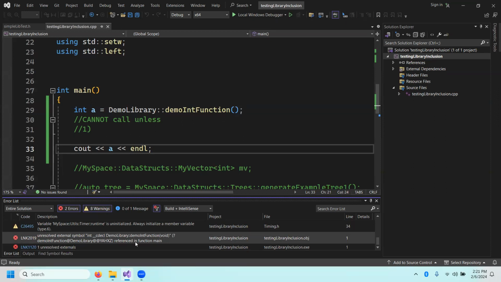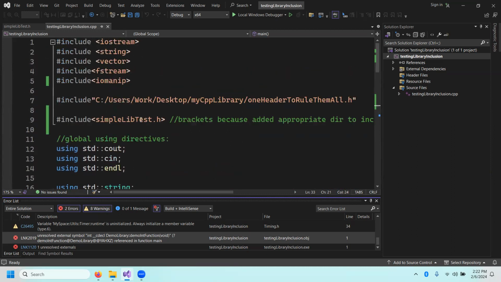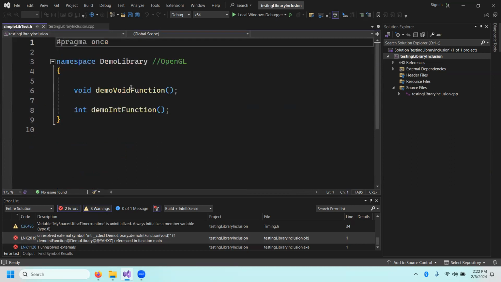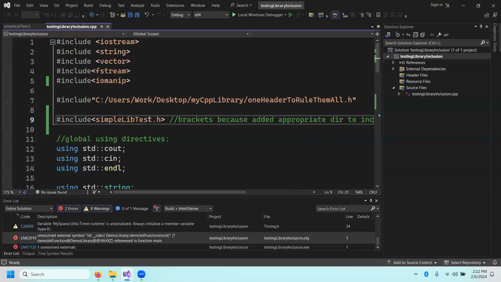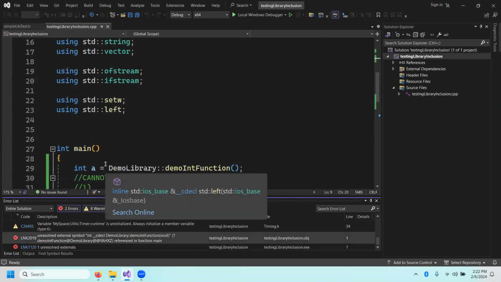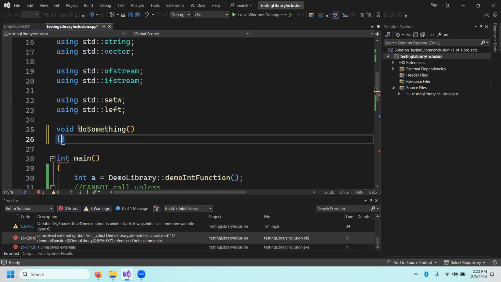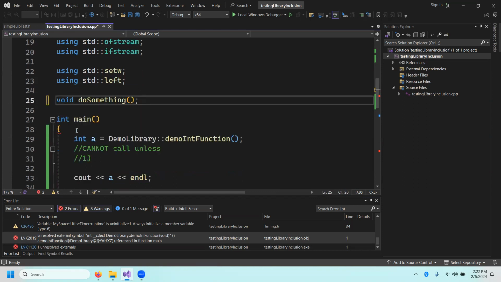Unresolved external symbol. So we see this a lot. This means that the function definition is not found anywhere, because we didn't include the library file as an additional dependency, the lib file. The header is here, but the function definition isn't found. It is similar to saying void do something right here, and you have no function definition,